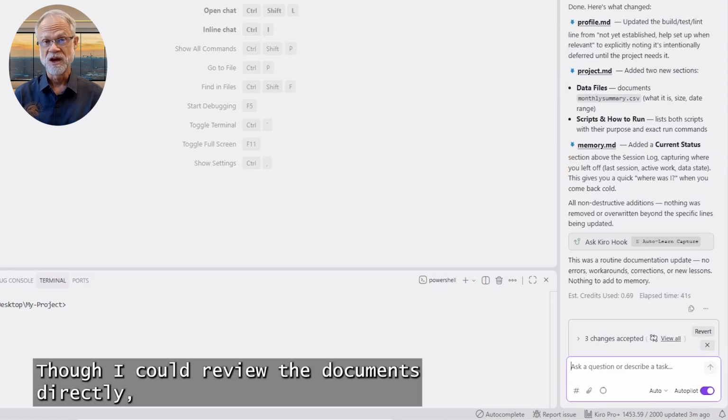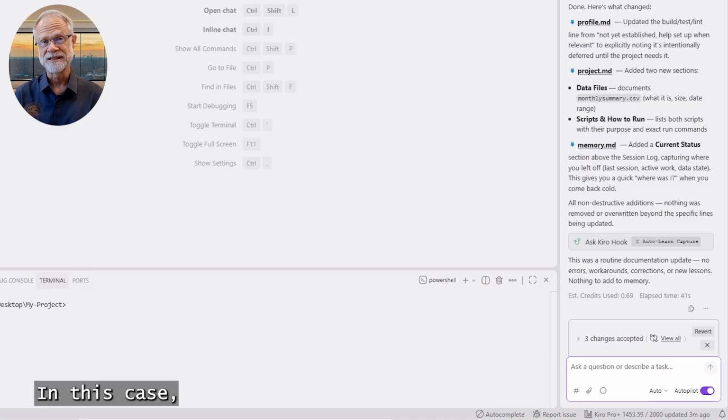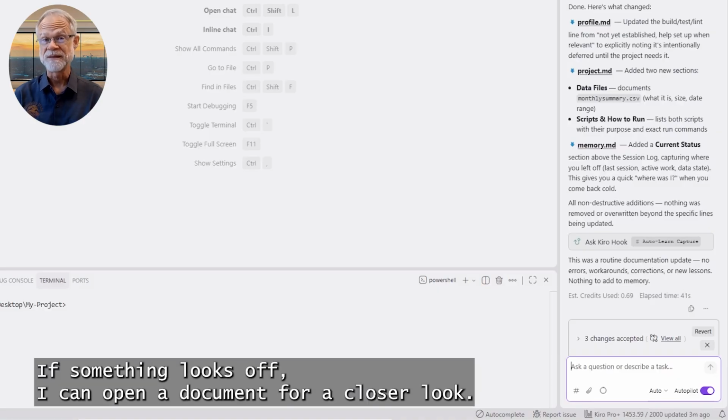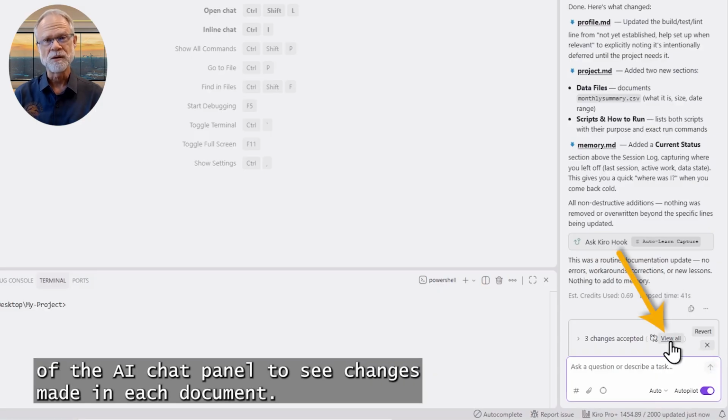Though I could review the documents directly, in most cases dialoguing with the agent is better than reading files. In this case, the agent has returned brief paragraphs about changes that have been made. If something looks off, I can open a document for a closer look. Better yet, I can click the View All link at the bottom of the AI chat panel to see changes